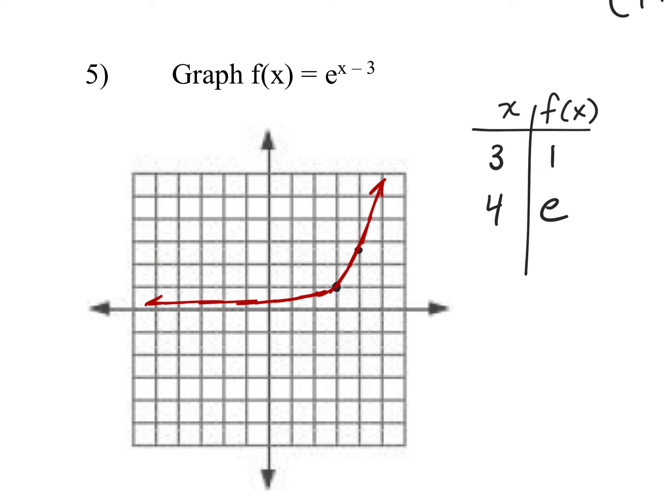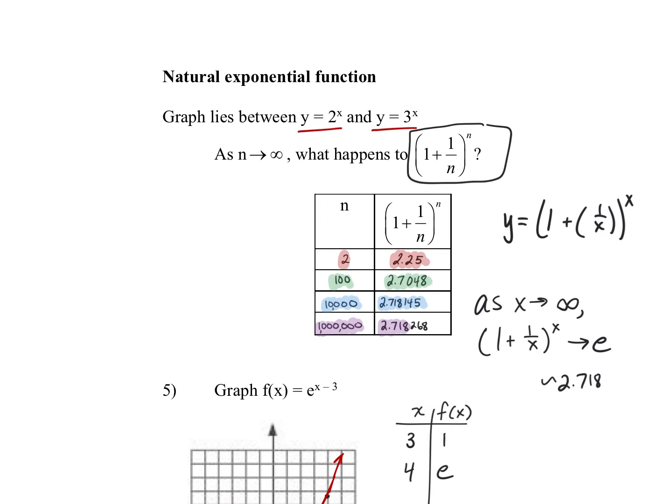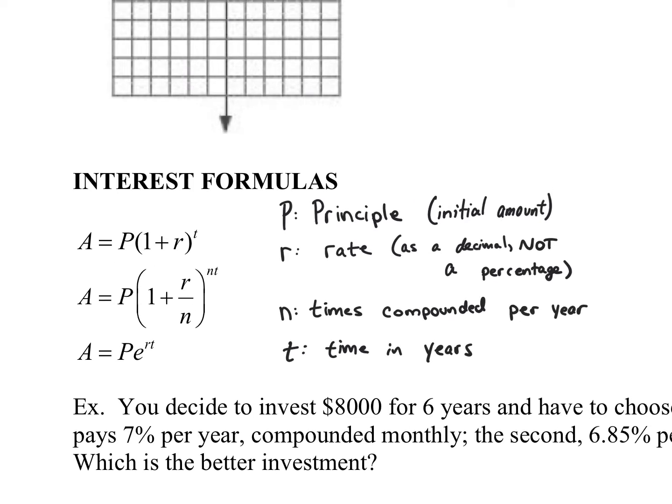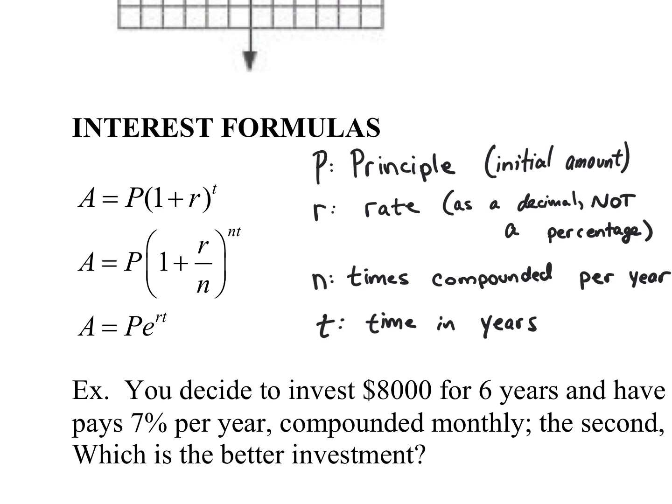I know it kind of felt like we jumped right in on this idea of this term e, but here's where it comes from, okay? There are these interest formulas, all right? And you can see the 3 of them here. I know we've seen these before, right? We have an initial amount, our principal value,